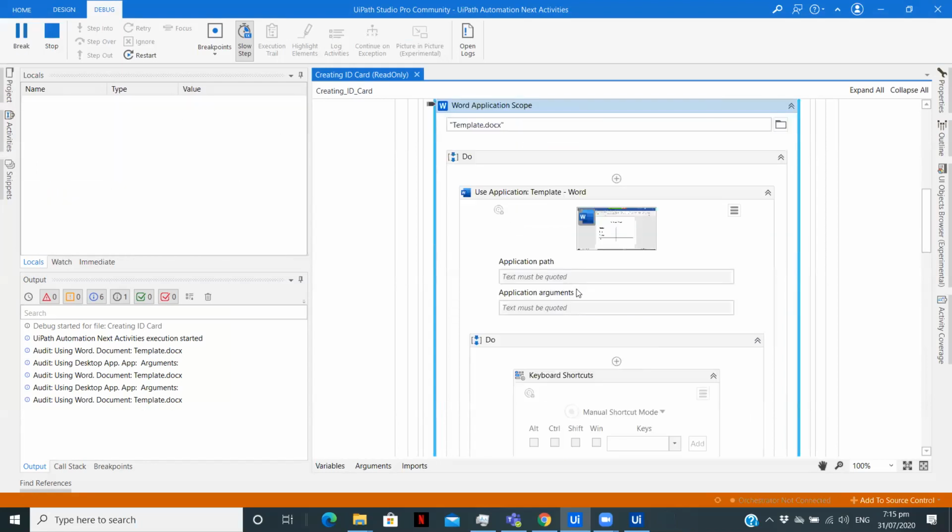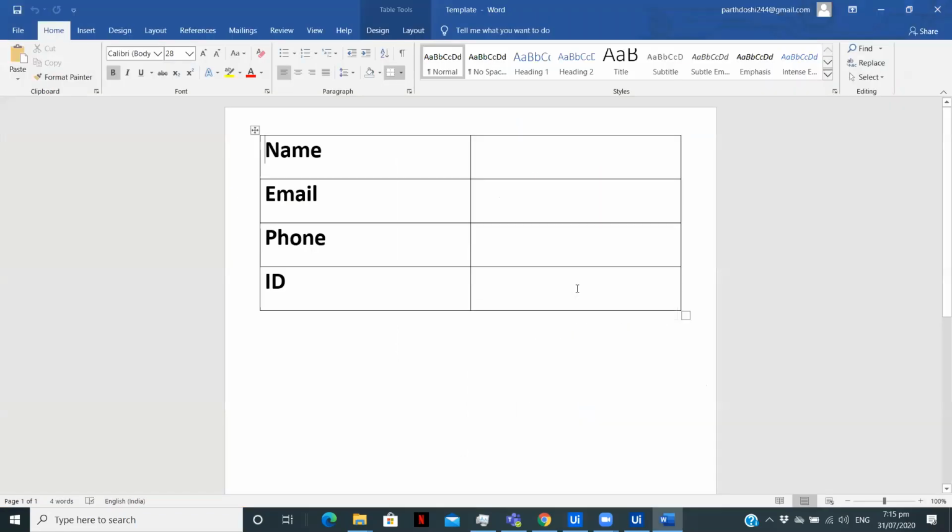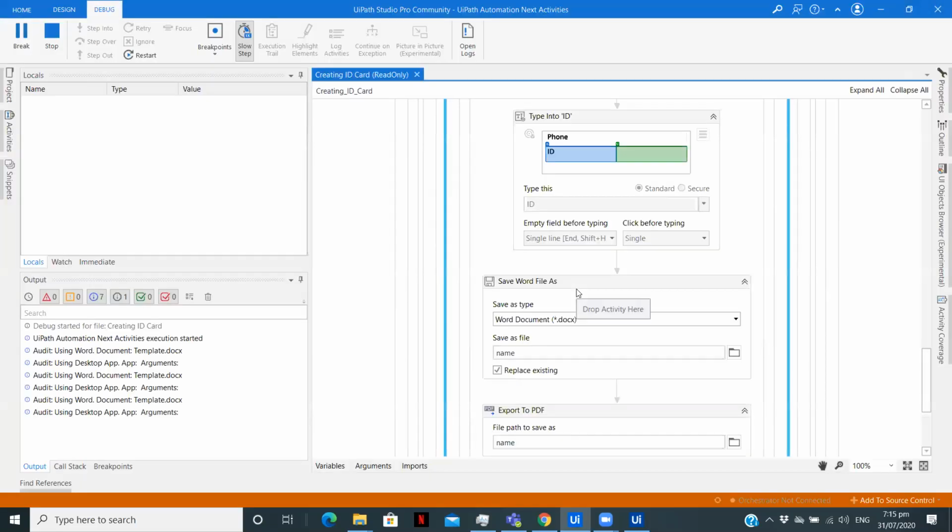So this is a use case which you can use to create the ID card. You can have different templates according to your requirement and you can convert them into the PDF. Now one more use case where this particular kind of workflow can be useful is in creating invoices. If you have an Excel file with all the details, you can just read the Excel file, save the data in the variables, and then have a template of invoice where you can create the invoice according to the client's name, or you can include the date or whatever, or your invoice number stored in the variable. So you can do that and convert it into a PDF.